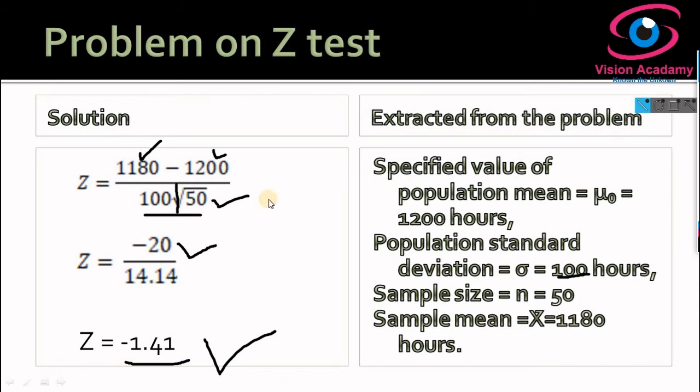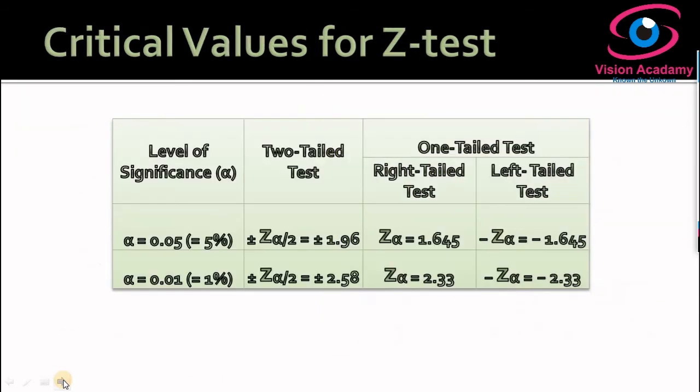Now I have to determine the critical value for this test. To take a decision, you need to go for critical values. So these are the critical values of the Z test that I have written, which you are shown here. This is the level of significance. I have given critical values of the Z test for two levels of significance, that is 5% and 1%. 5% is generally used in most cases. So you need to understand this table. Here it is the level of significance alpha at 5% and 1%, and this column is for the two-tailed test and these two columns are for the one-tailed test, that is the right-tailed test and the left-tailed test.